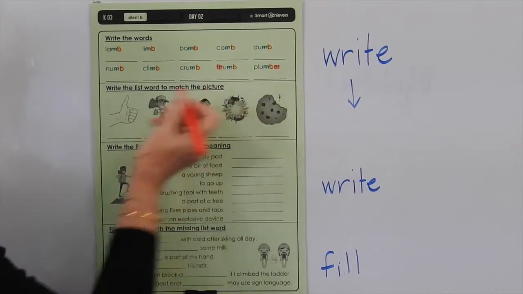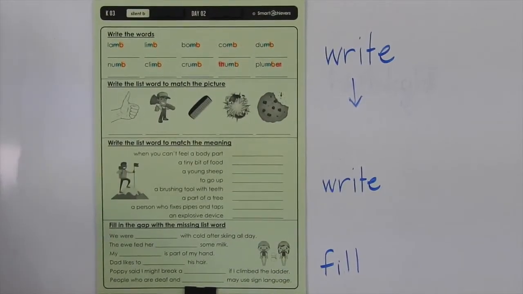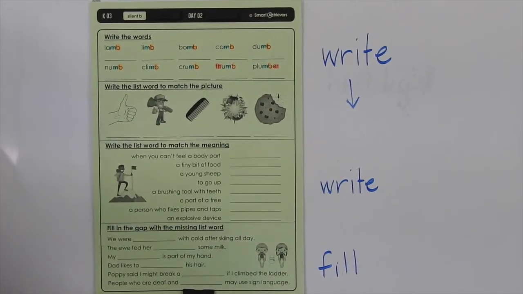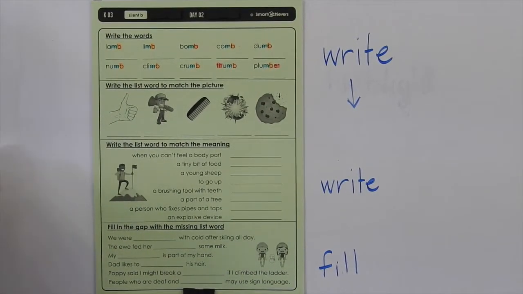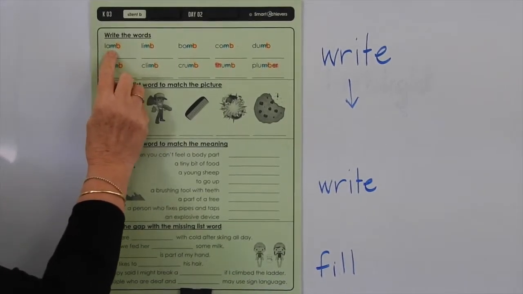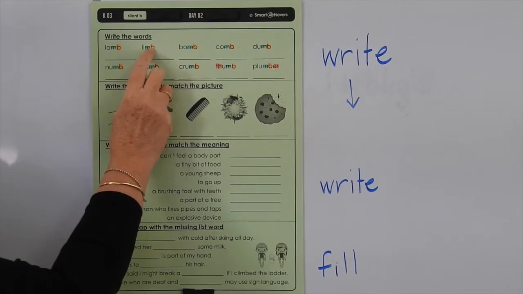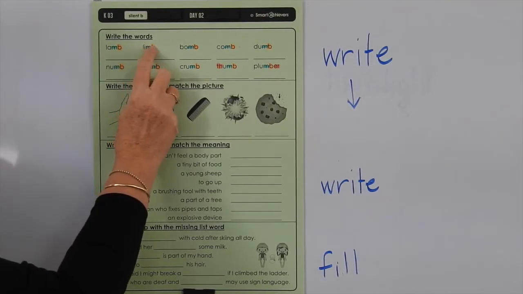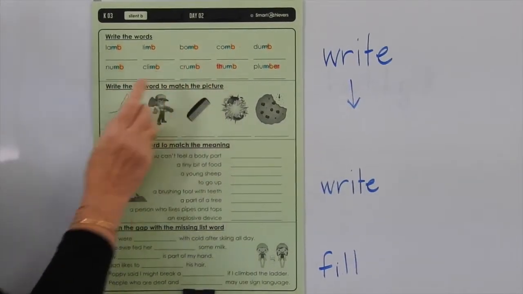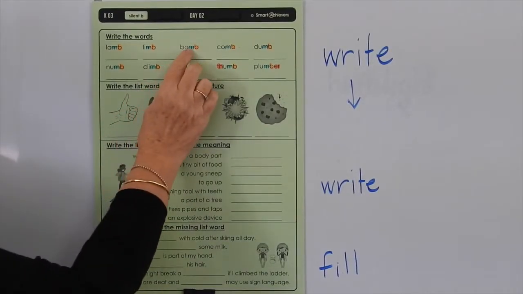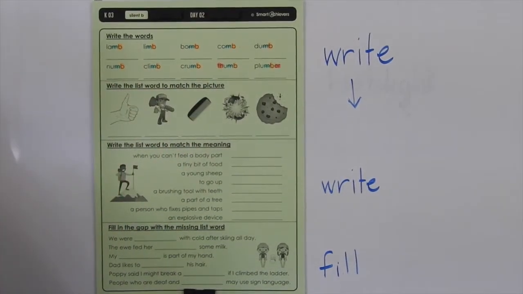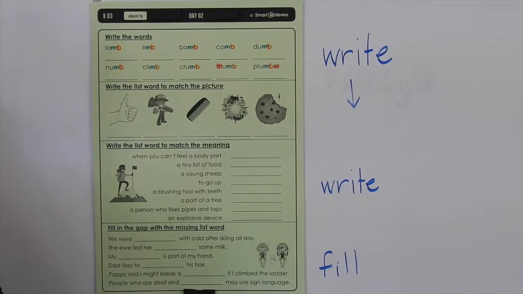But you have to know to write the B if you're not going to pronounce it correctly. Okay, so what do all these words mean? A lamb is a young sheep. A limb is part of, either your arms and legs, or a limb of a tree would be the branches. A bomb is an explosive device, or if you put a bath bomb in your bath, it will explode